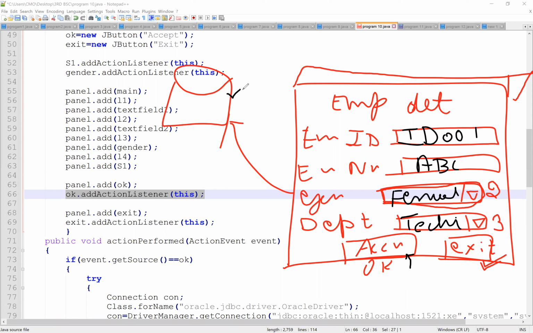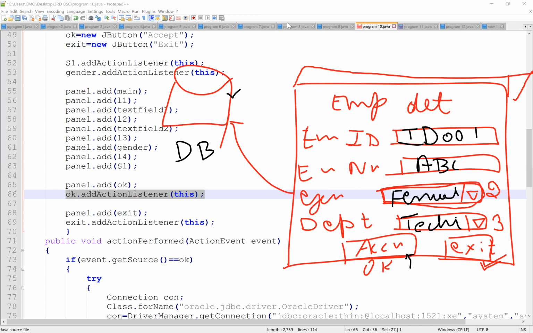For this you need to create a separate database table before executing this program. If you don't have this database, it's not possible to upload the data, so first you need to create it, like we did in previous programs.